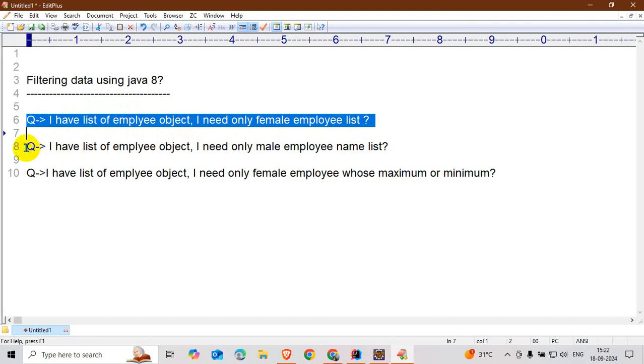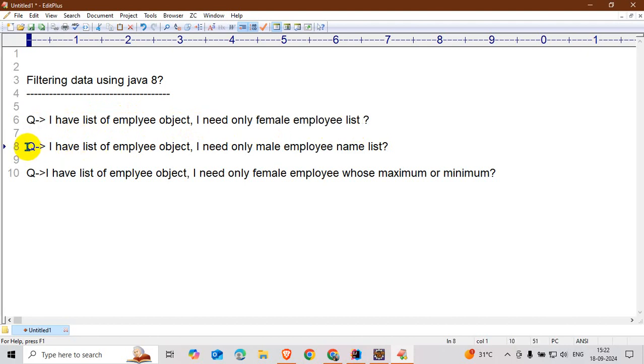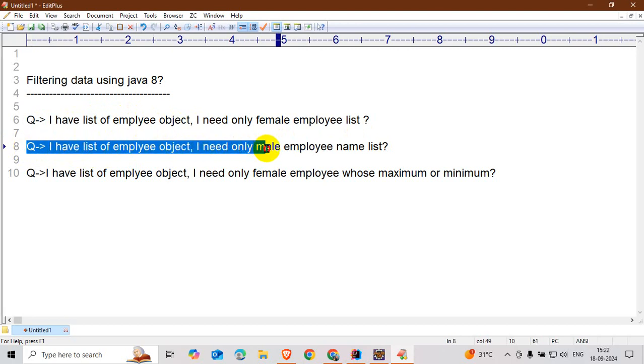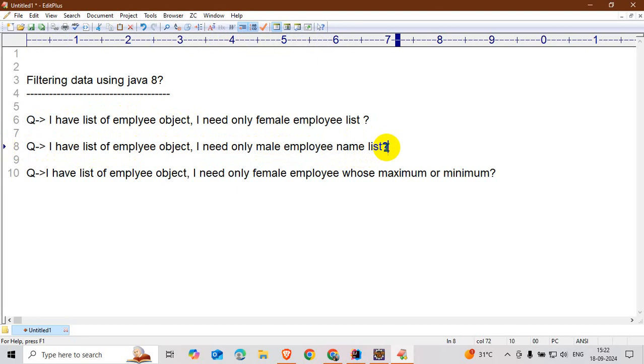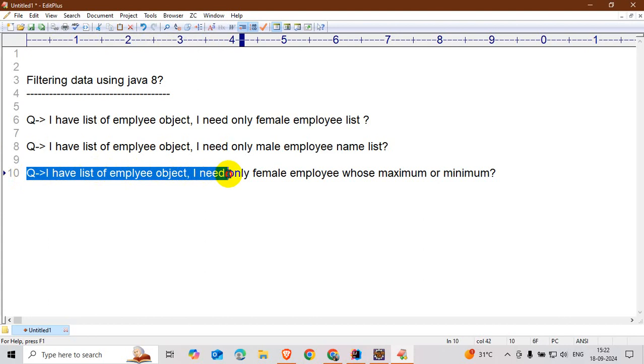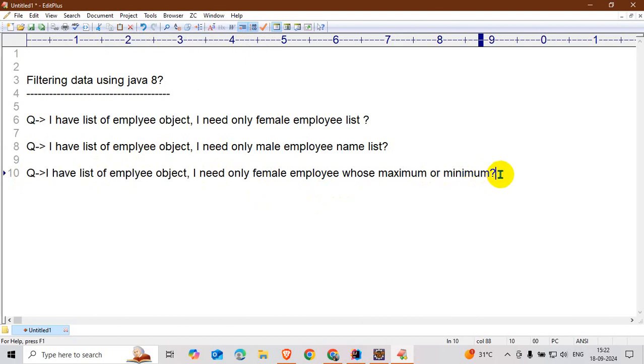Sometimes the interviewer asks: I have a list of employee objects, I need only the male employee name list. And sometimes: I have a list of employee objects, I need only the female employee with the maximum or minimum salary.